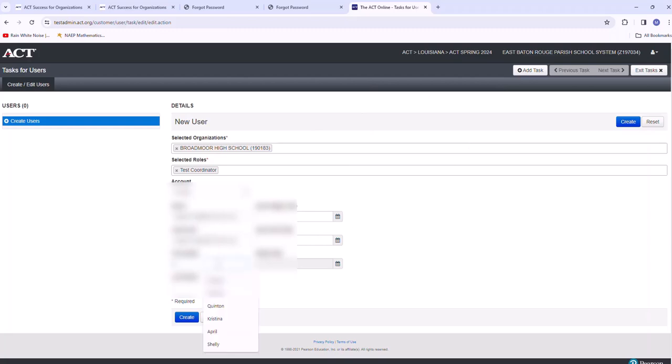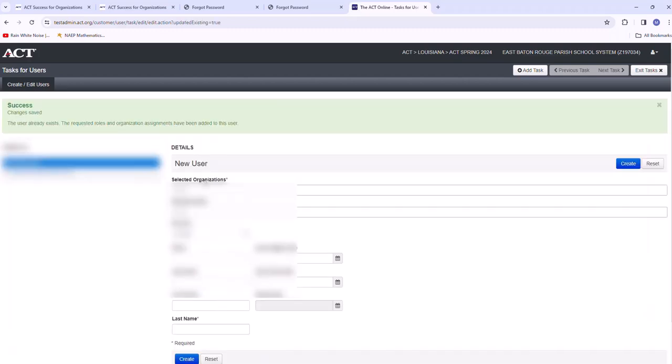All right, so your first name and last name, and then just click on create. Don't forget to click on create. And don't do anything with the test date, I'm sorry, with the begin date. Leave those blank. So leave the active begin date and active end date blank. And then we go and create.